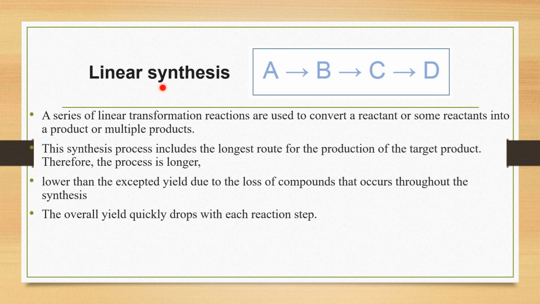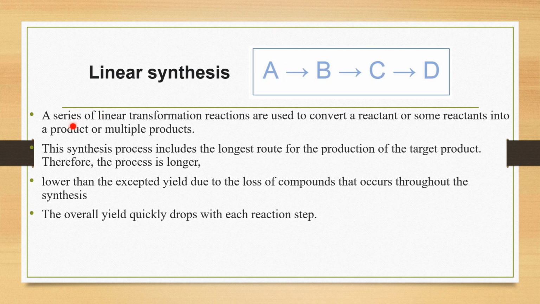A product can be synthesized in different ways depending upon the complexity of the product, how big that molecule is. One method is linear synthesis. Linear synthesis means you synthesize starting from A. Suppose A is your starting material. Convert A to B, convert the second product to a third product, and that will give you the final product. So linearly you are going. Each product is dependent on the previous one.